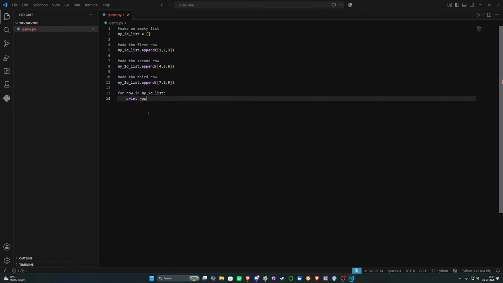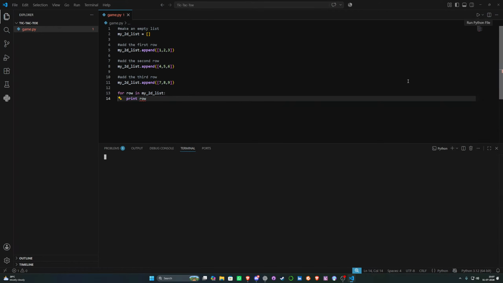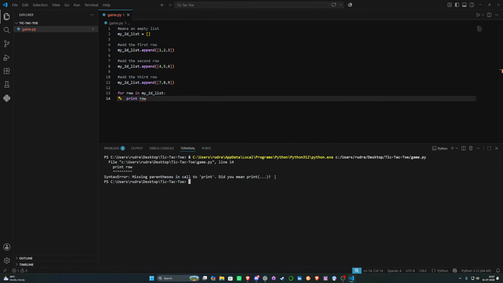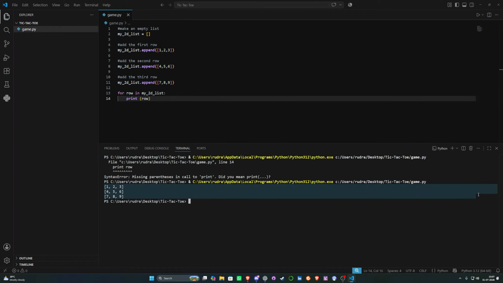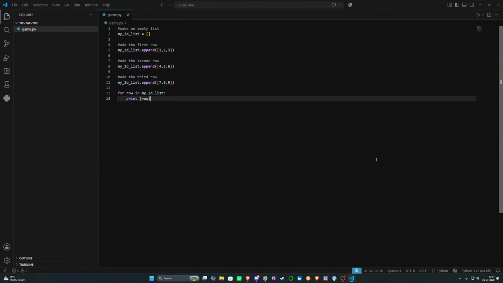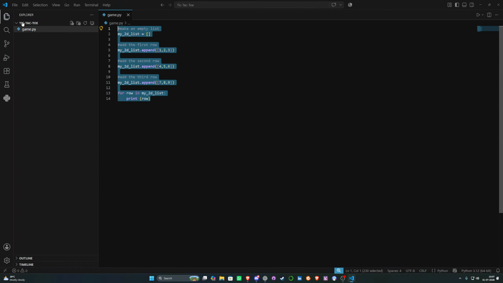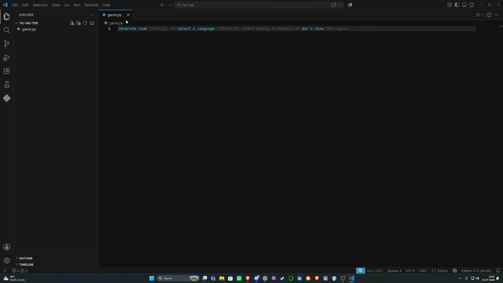Print row. Okay, so this is a 3D matrix and we have studied it in our NumPy projects. So let's leave it for now